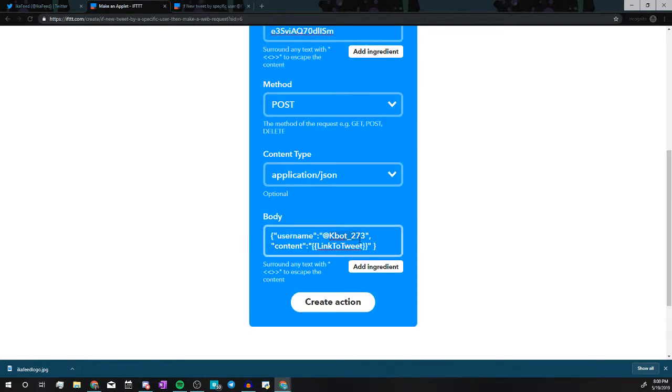So then I can say username as IkaFeed, and the content is defined as just the link to the tweet. That's kind of the way I have this set up right now. Personally, I think it's the cleanest way, but there are a couple of other different things to do to